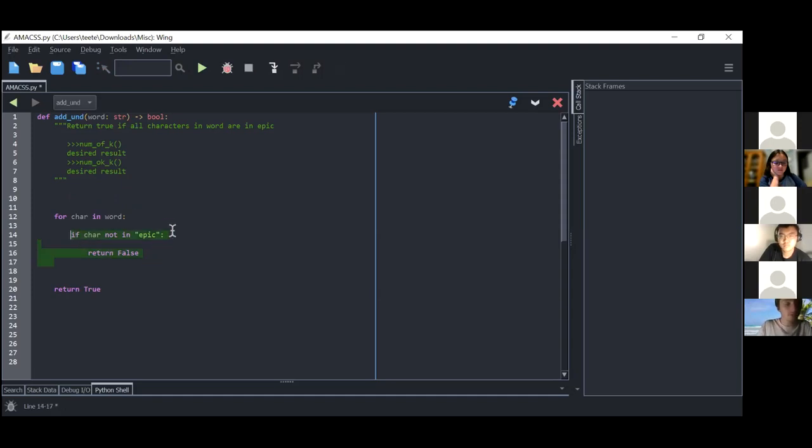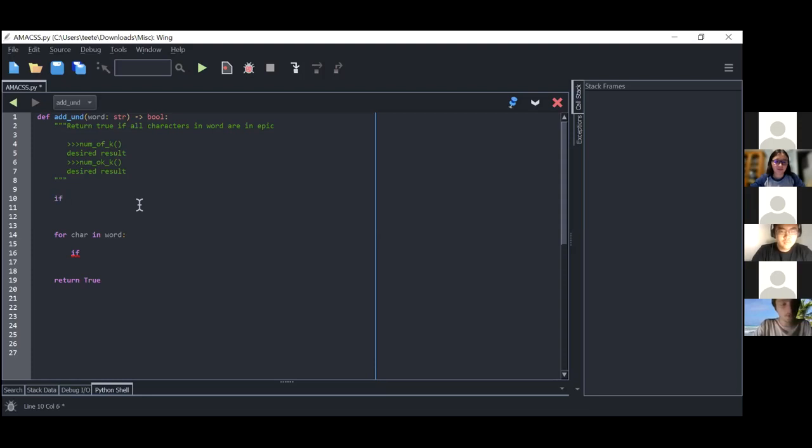So what I would do is go through each char in the word. I mean, that would be a bit more of a complicated program because we would need to check, okay, we have an instance of E, we have an instance of P afterwards. But again, if you want to check if a word's in another word, the simpler solution is just to say,